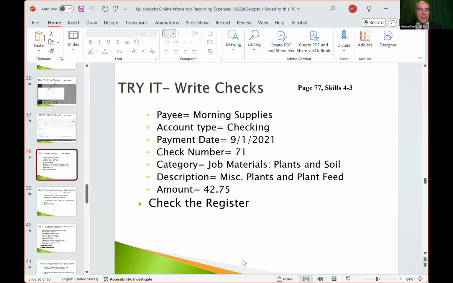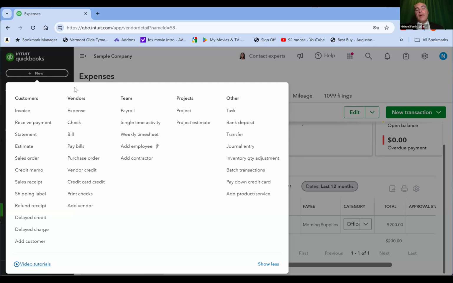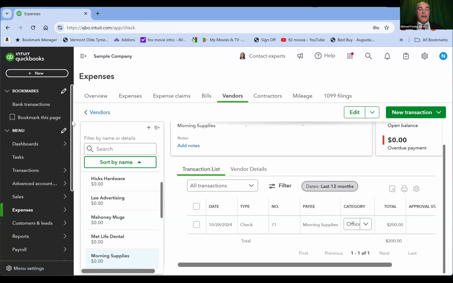So I'm going to go back into QuickBooks and let's walk through this together. Okay, so the new button in the upper left-hand corner, click on new. Under the vendors column, you're going to select check. It's going to open up a brand new check form.